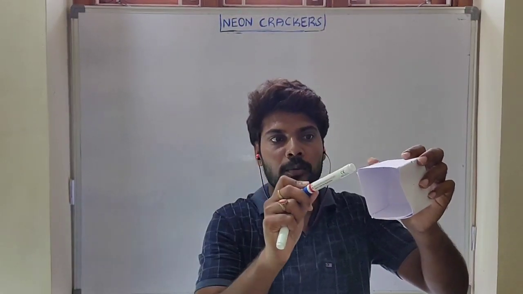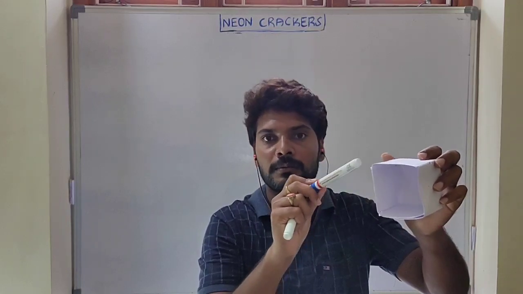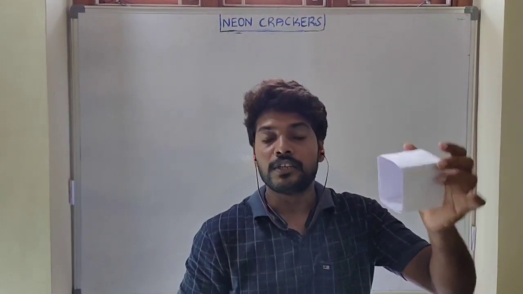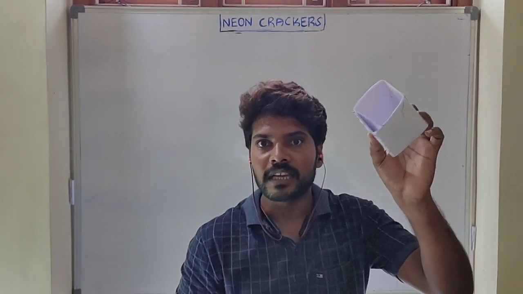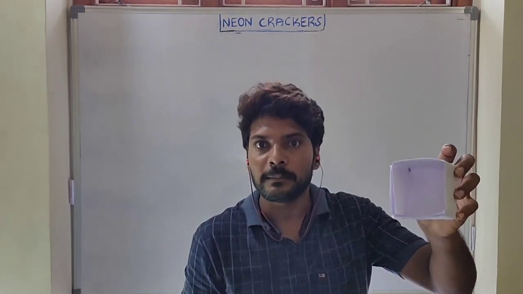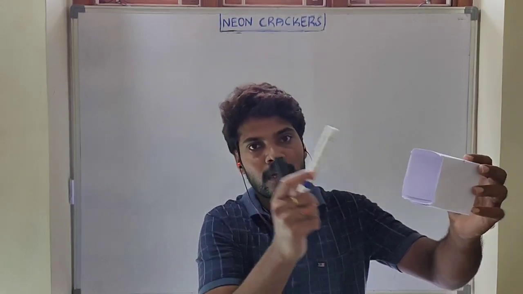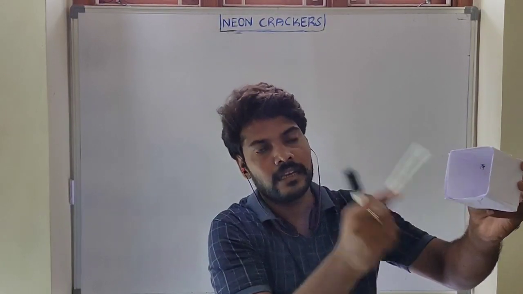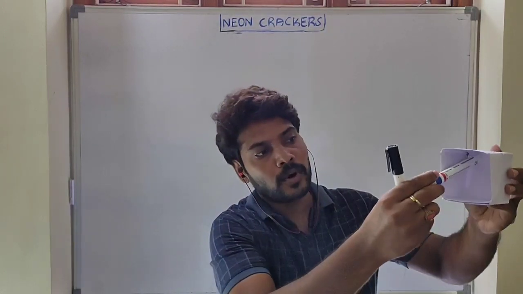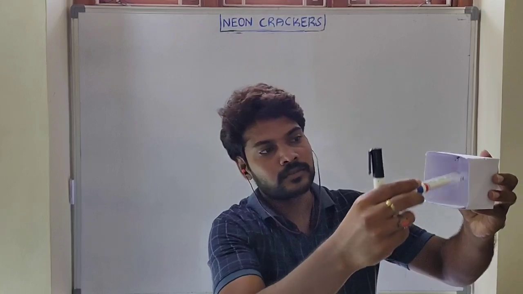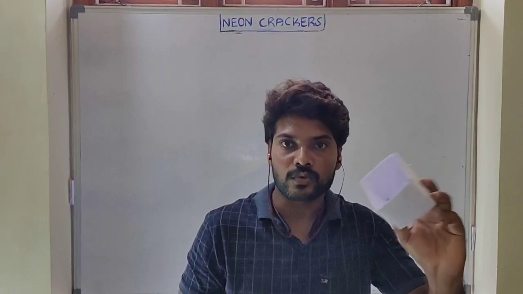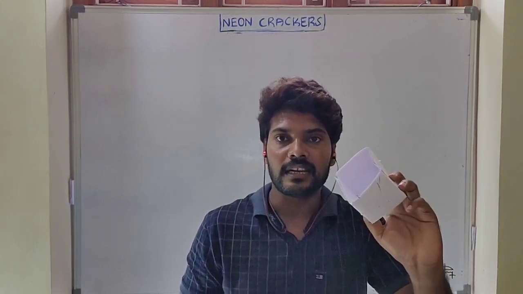Suppose A kind of atom is occupied at corners, B kind of atoms are occupied at face centers and C kind of atoms are occupied at the body center. So what is the empirical formula of this given unit cell? Or after removal of one facial plane, what is the resultant empirical formula? Or after removal of atoms from any facial diagonal, what is the empirical formula? Or else after removal of the atoms which are present in any body diagonal, what is the resultant empirical formula? Like this they may ask questions. So how to calculate these kinds of questions?